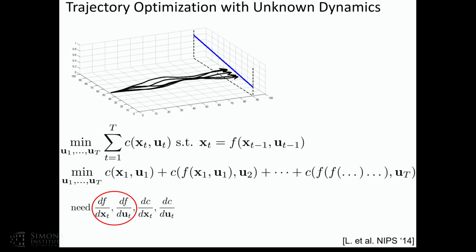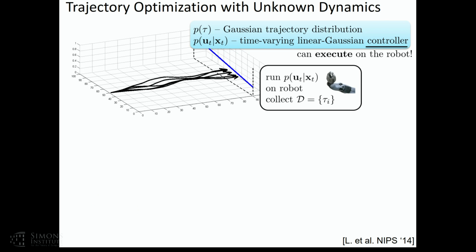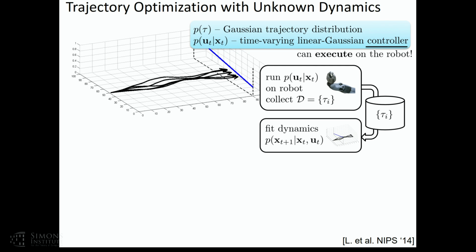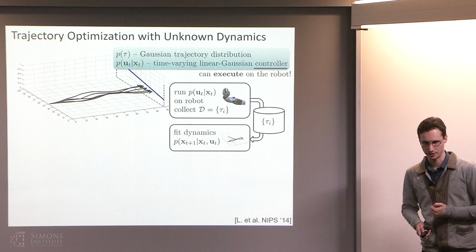And instead of trying to get these derivatives by actually differentiating known equations of motion, you can do something actually very simple that turns out to work quite well. So you can get your current guess at your stochastic policy u_t given x_t. Maybe initially you just set it to be random. Maybe it's a zero mean with some random noise. And you actually just run it on your robot, get some trajectories, and then just do something that looks like linear regression to fit this linearization. So instead of actually computing derivatives through your equations of motion, you'll just fit a plane to it and hope that that's close enough to your derivative.